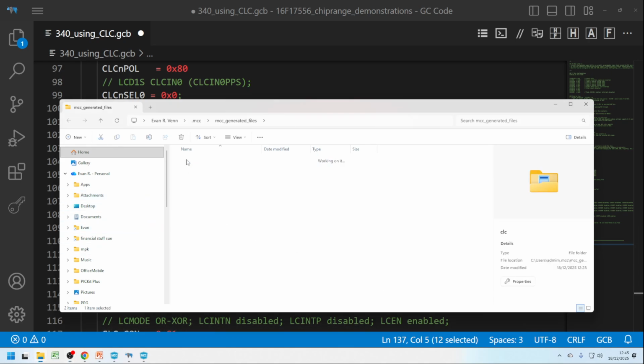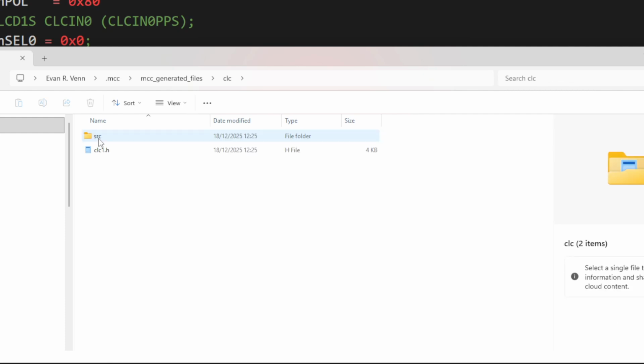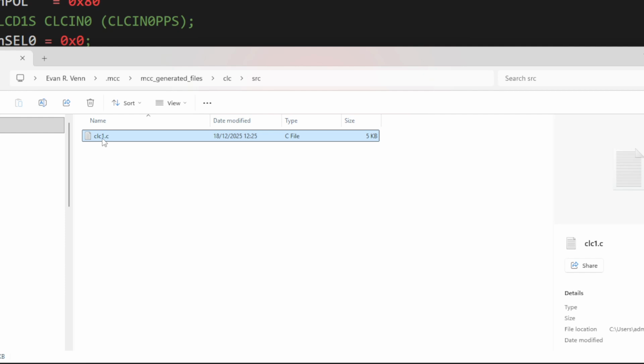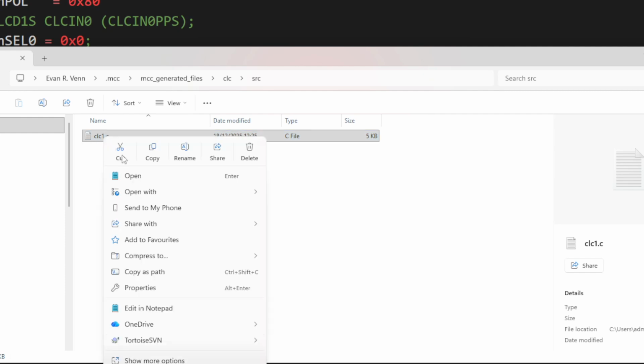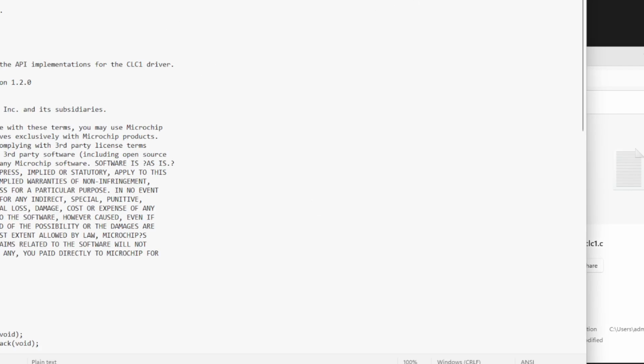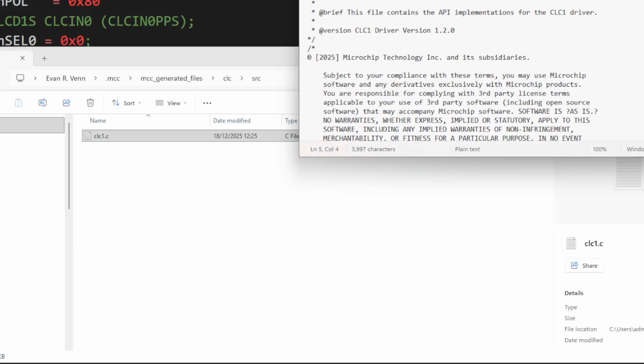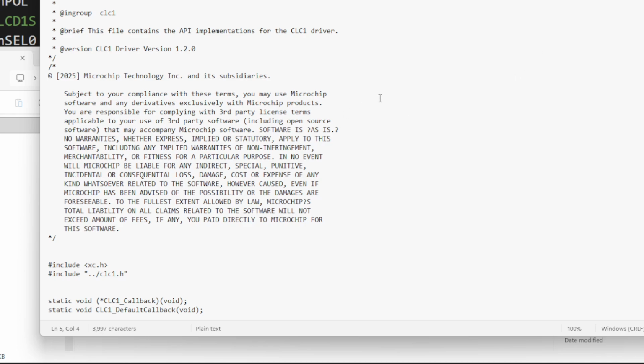If you go into CLC, source folder, I will go back up and zoom in for you so you can see that. CLC, click, click. Source, SRC, and there's a C, a piece of C. Just open it up in your favorite notepad. Look, here it is, in Notepad. It's quite happy. I wish my computer wouldn't play up like that. There we go. If you look down here,